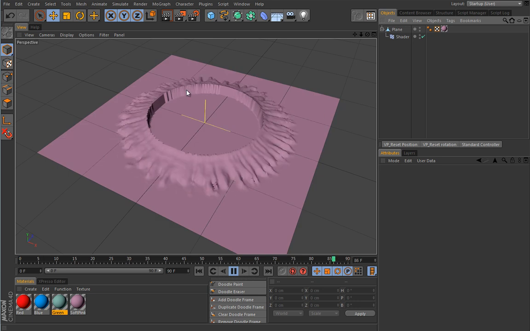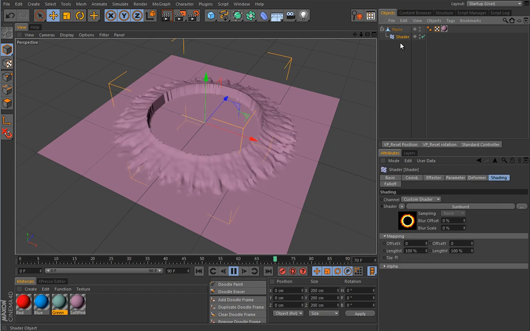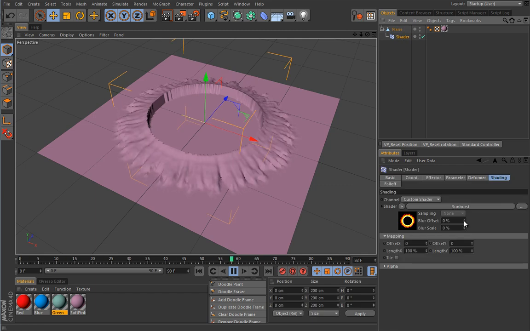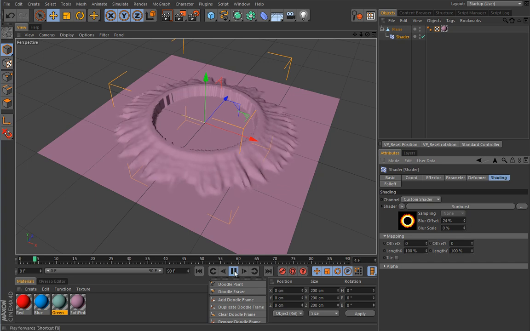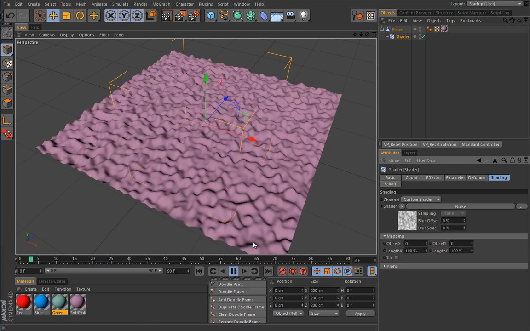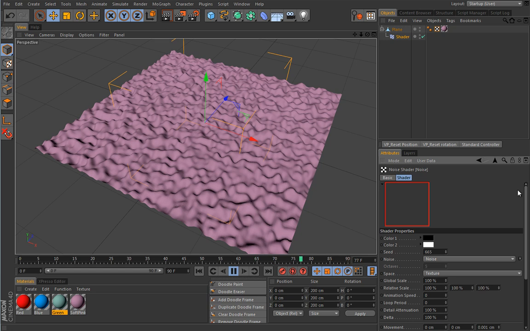And if you have these artifacts in the shader, you can really utilize this blurring, so things will be a little bit better. And this is the reason I was telling you that it is really essential to understand the material system. It is really important for you to understand many things inside Cinema 4D before getting to know MoGraph and its amazing capabilities. So let's maybe load a noise shader, because those guys also have a temporal component, but it's a